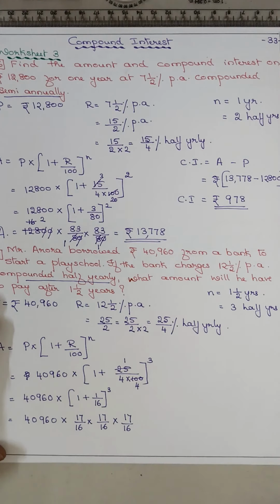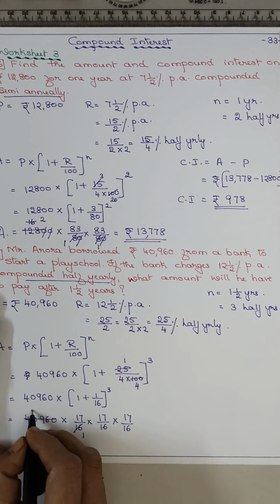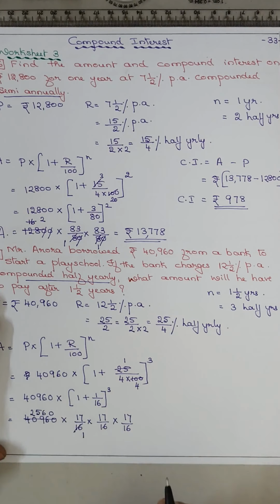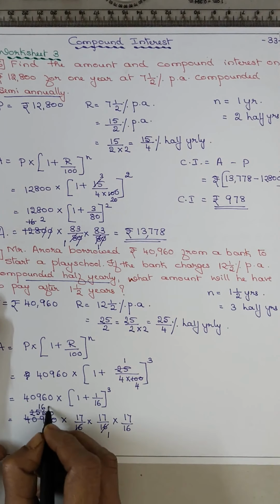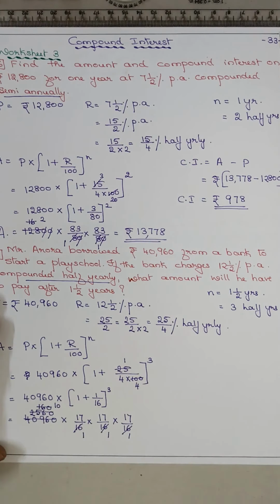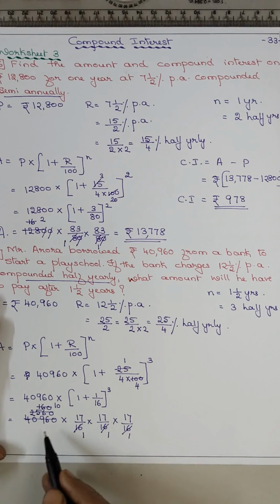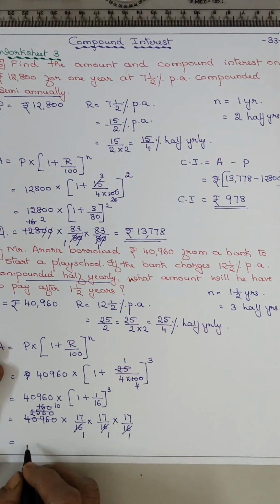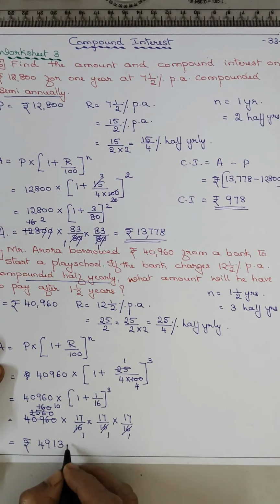Now it will be 16 ones are 16, 2 5 6 and 0. Again 16 ones are 16, 1 6 0. 16 ones are 10. Means 16 square, cube, isn't it? 16 cube is 4096. Now find out 17 cube and into 10. So it will be 4913 and 0.